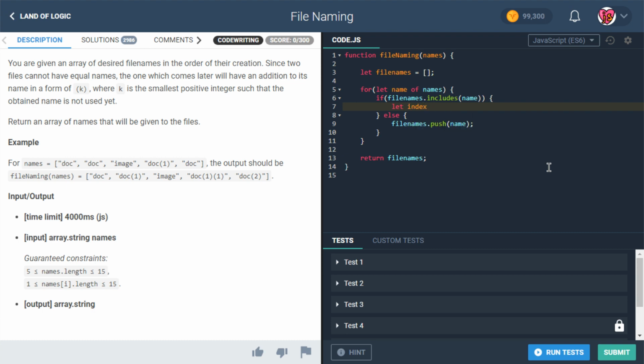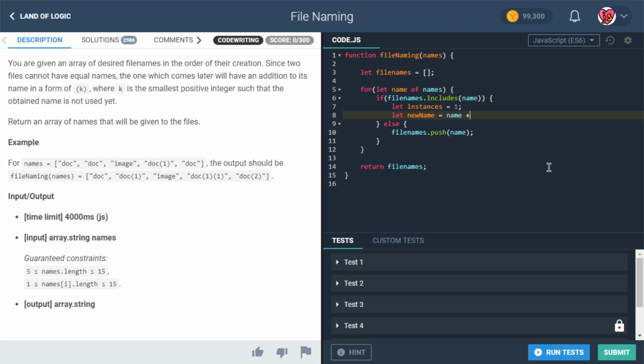Index? Do we call it index? Maybe instances, something like that. So we'll say let instances be assigned the value of 1. And that's sort of like our way of saying, oh, okay, well, there's already one instance of this name. And then we basically want to check, okay, I guess I'll call this new name. Yeah, new name. And it's basically just going to be name plus